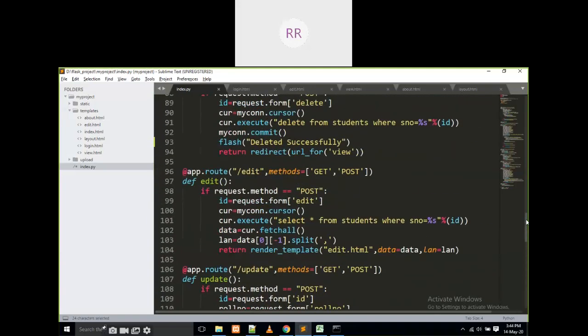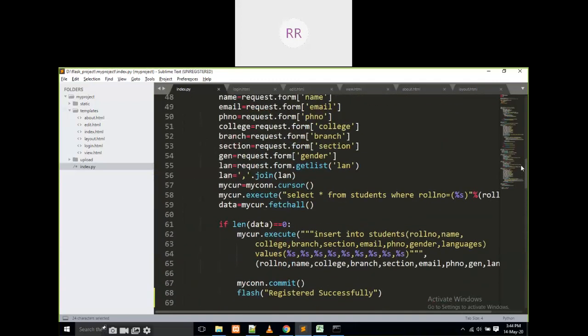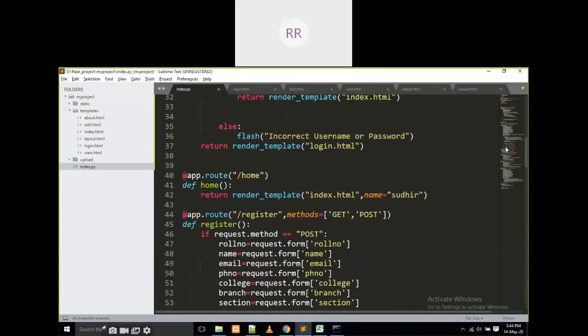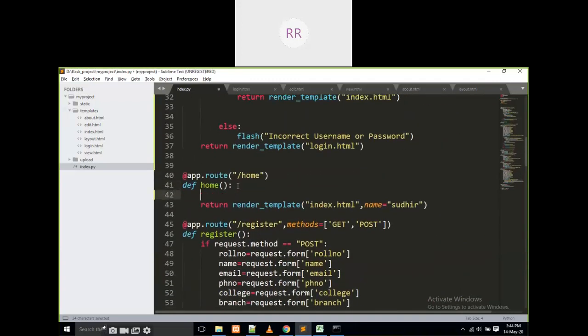Then what we have to do to restrict the pages? For example, this is the home page. Now I am going to write the content here to stop the values.